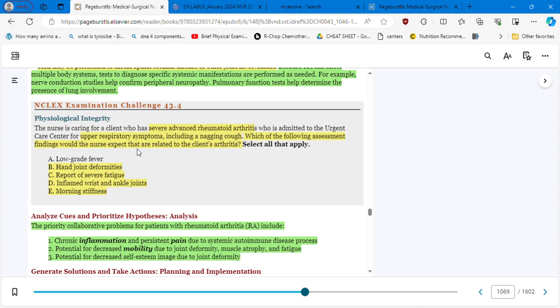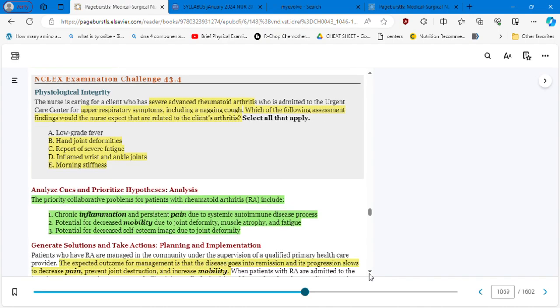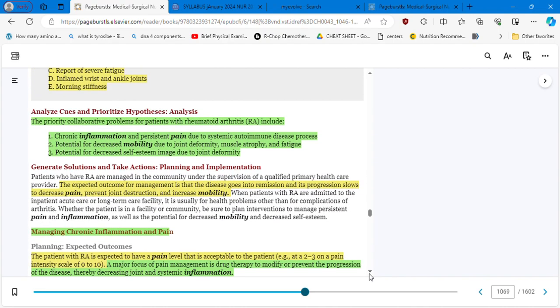They are asking you what are the symptoms, what is the presentation of a severe, advanced rheumatoid arthritis. So low-grade fever, no, that's on an early stage. Hand joint deformities, yes. Report of severe fatigue, yes. Inflamed wrists and ankle joints, yes. Morning stiffness, yes. Everything is related to severe state. Okay, so we need to